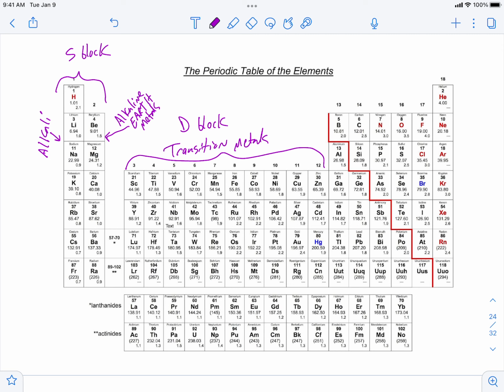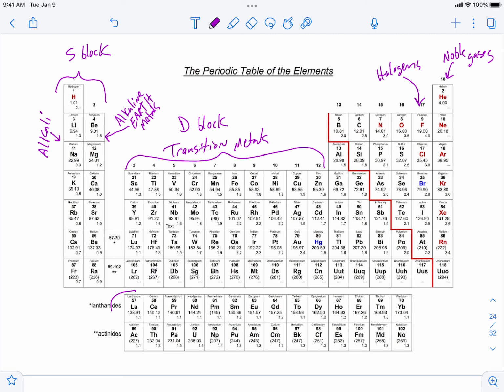And then our noble gases. And our second to last, which were the halogens. Okay, so